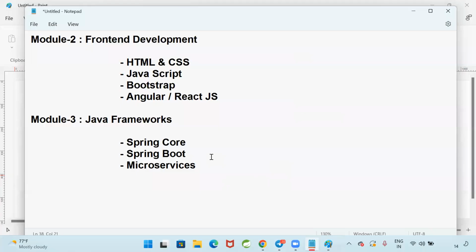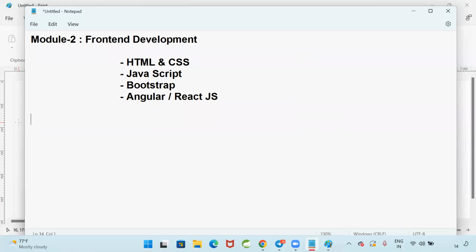And I'm going to tell you, in Ameerpet, our institute is the brand for Spring Boot and microservices. You can inquire with any of your friends. They will tell you who is best for Spring Boot and microservices. You can come to know that. So our institute is the best in the market for Spring Boot and microservices. Without knowledge of Spring Boot and microservices, you will not get a job outside of your campus. If you are going for a campus interview, as I told you, this is not required.